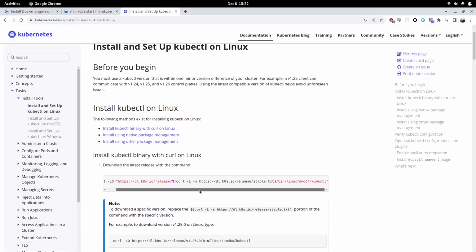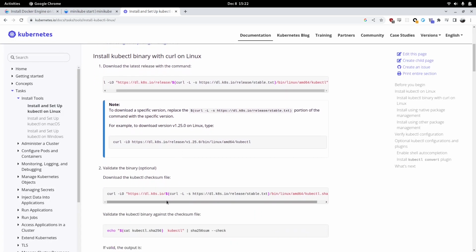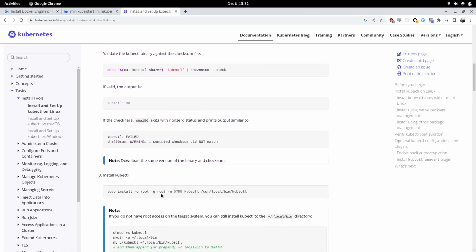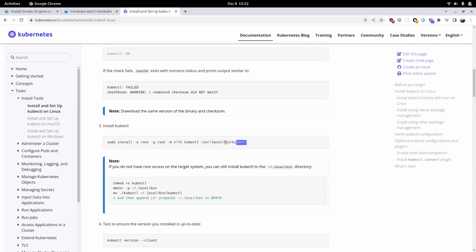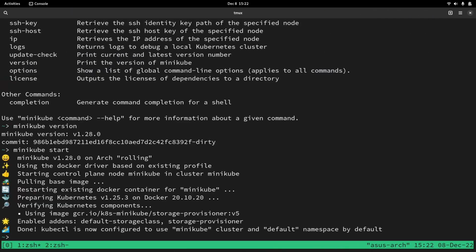They have a handy download, and then you place that binary in your binary path, and then you can use kubectl. So that's it. It looks like our Kubernetes cluster is already up